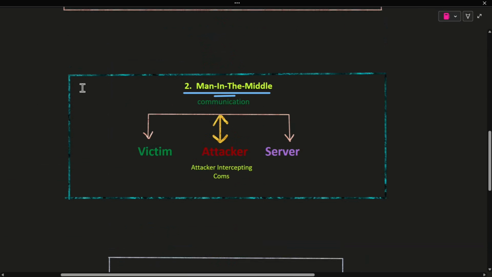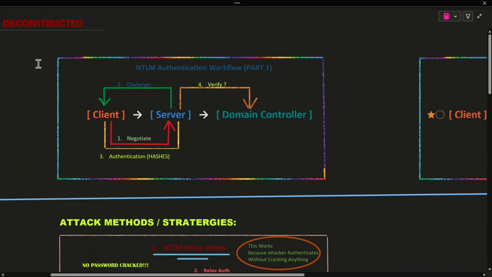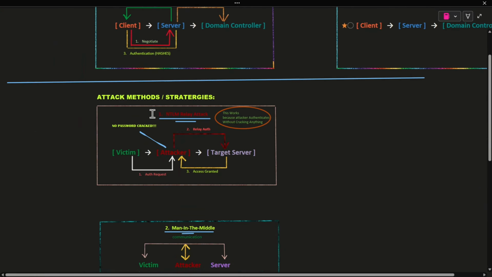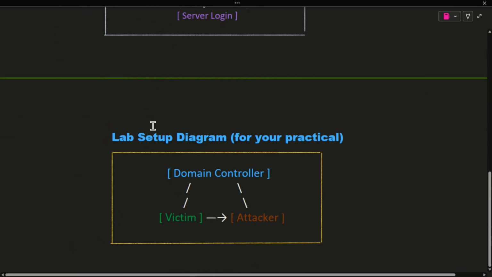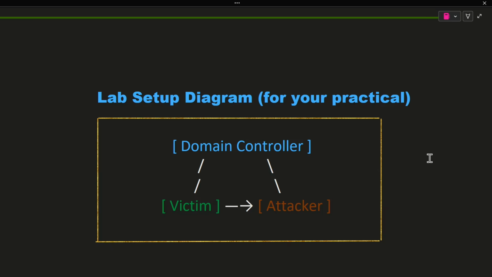Now you know what the Active Directory is and what the attack strategies or methods are. Now let's move on to the lab setup for your practical session. You have to get 3 disks,